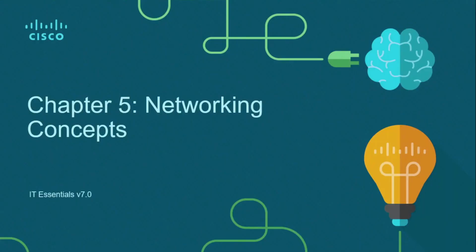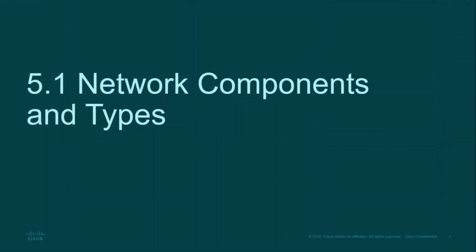Welcome to Chapter 5. Chapter 5 of Computer Hardware talks about networking concepts. What is meant by networking? Networking is a process of connecting different computers and intermediate devices to create a network. Network meaning connection of devices. Now, there are different networking concepts and types of networks which we'll be learning in the next few slides.